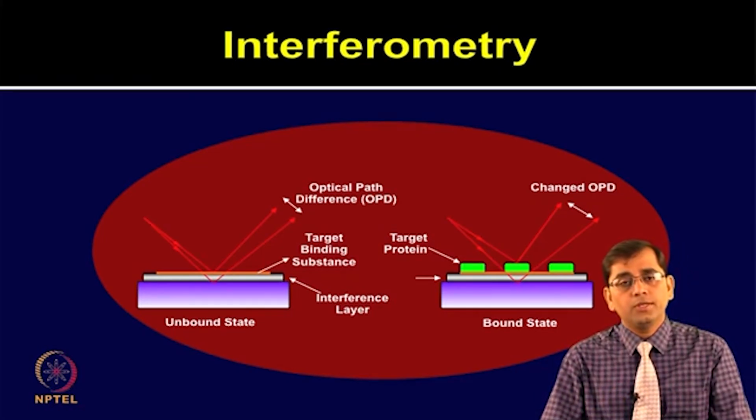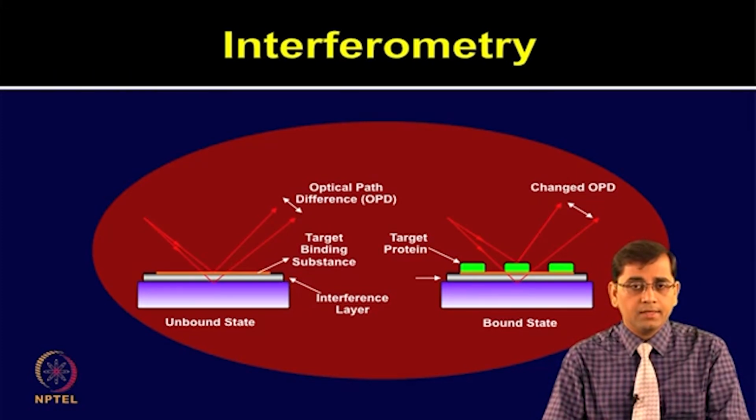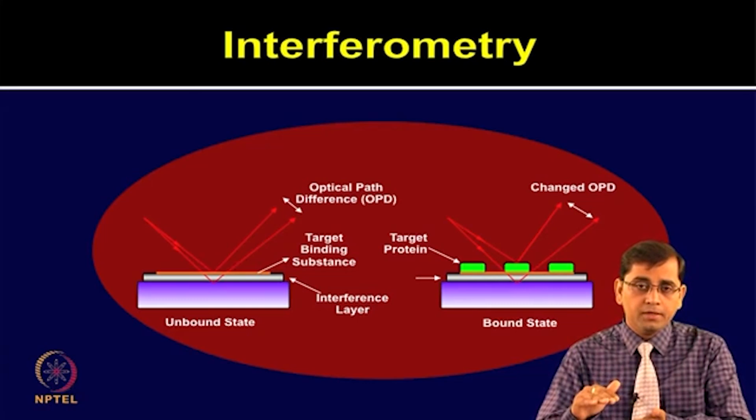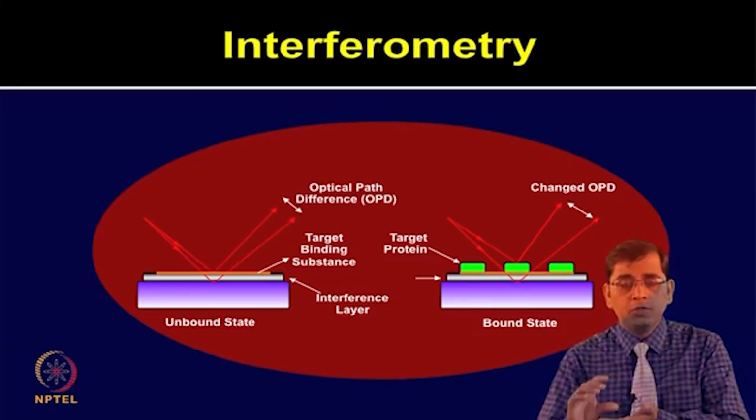So, the biomolecules are printed on this surface. The left hand panel shows the unbound state, the right hand panel is showing the target protein bound state. The optical path length difference, which is caused because of target protein binding to the biomolecule printed on the surface,